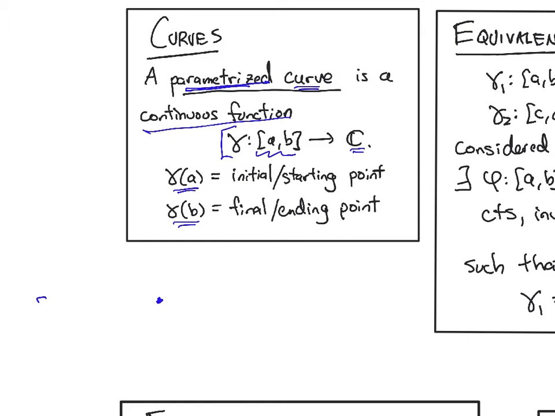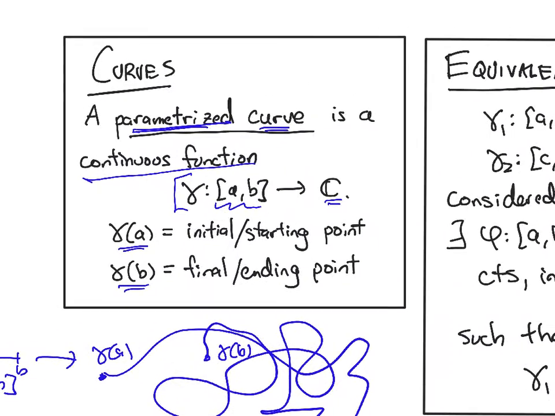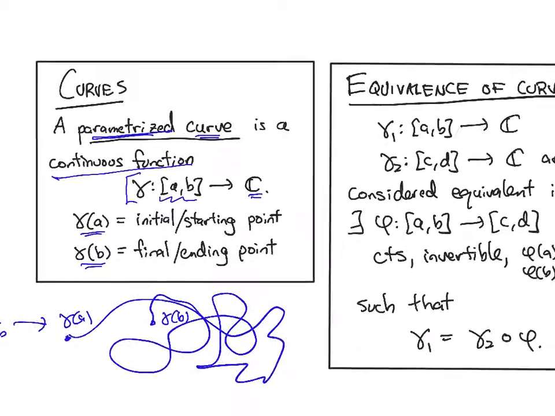We're mapping the interval A, B into the plane, and you get some sort of path that starts at gamma of A and ends at gamma of B. But we don't want it, as a parametrized curve, to depend too much on the